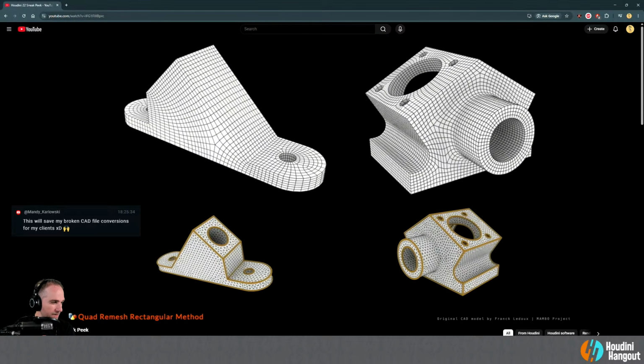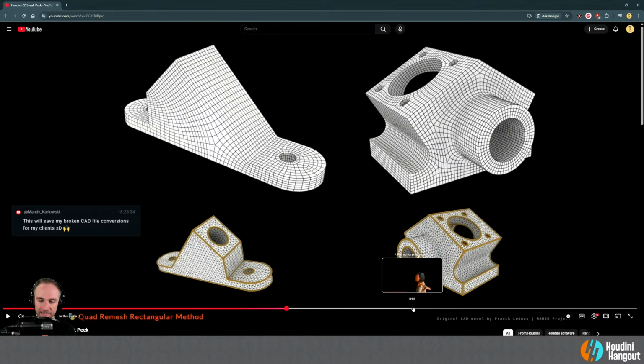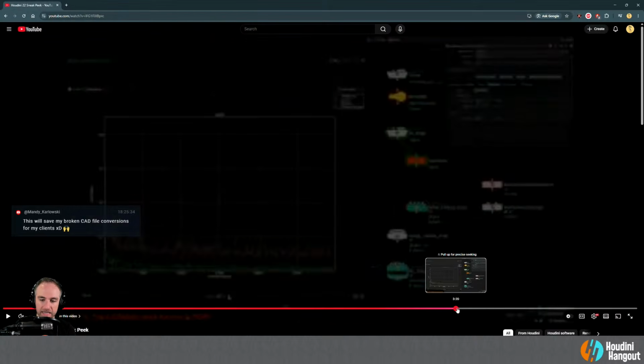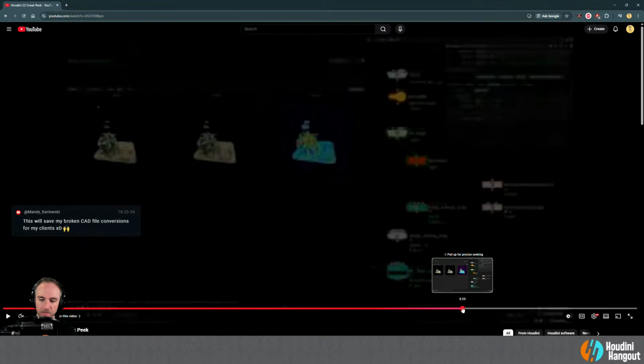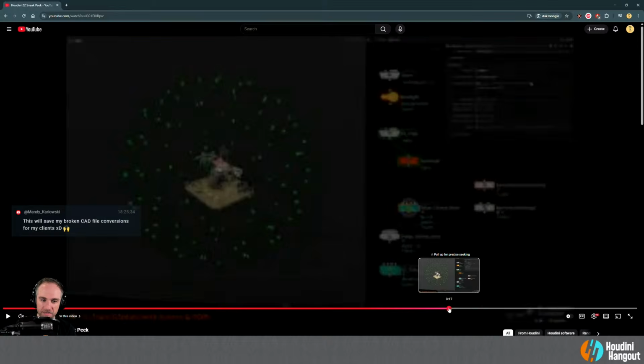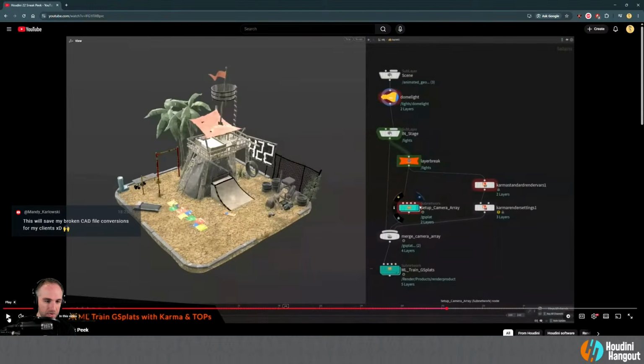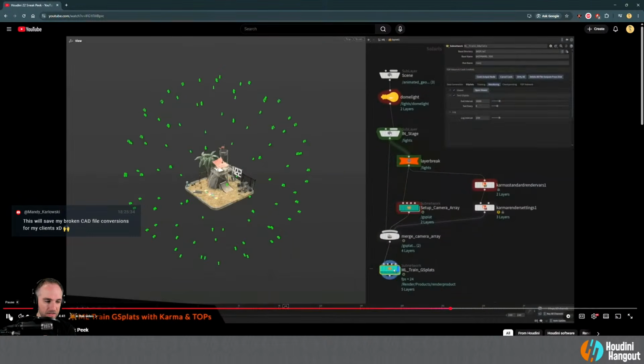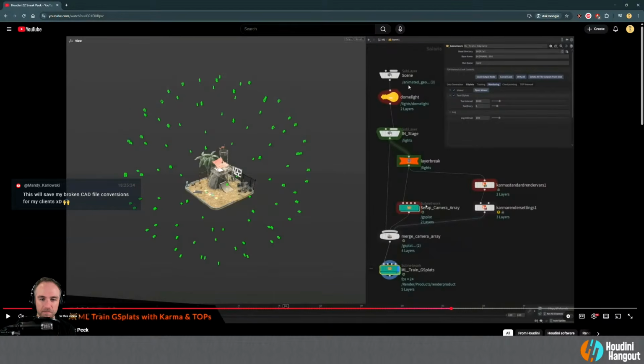Yeah, let's see here. The rigging and relighting splats. Yeah, that is pretty crazy. I agree. So the splats stuff is all pretty cool. Like you can actually train. If you take a look at what's going on here, you're basically bringing in the